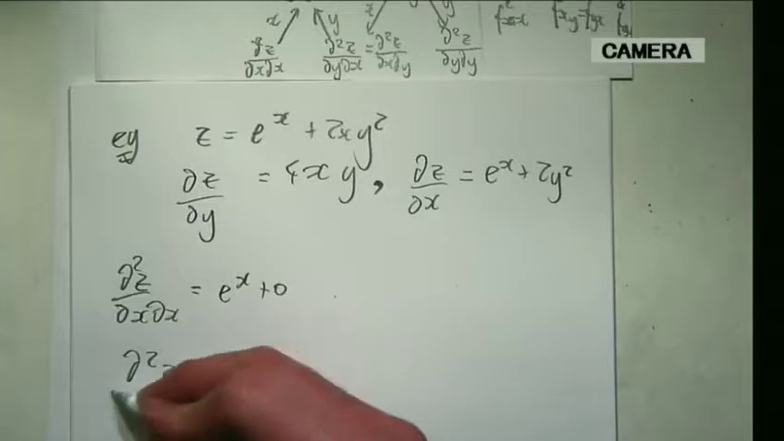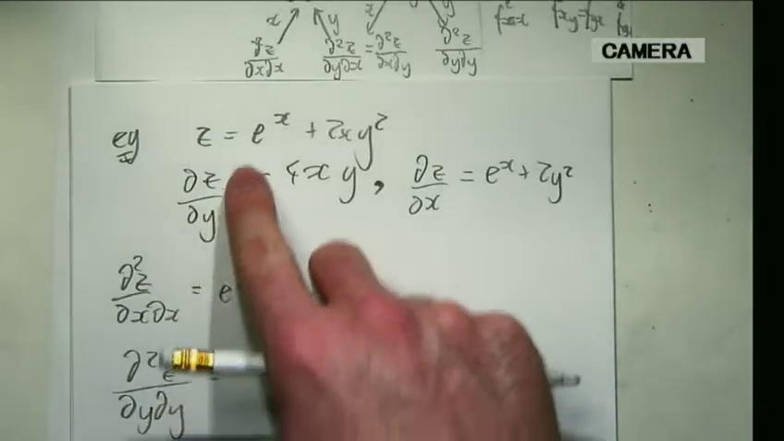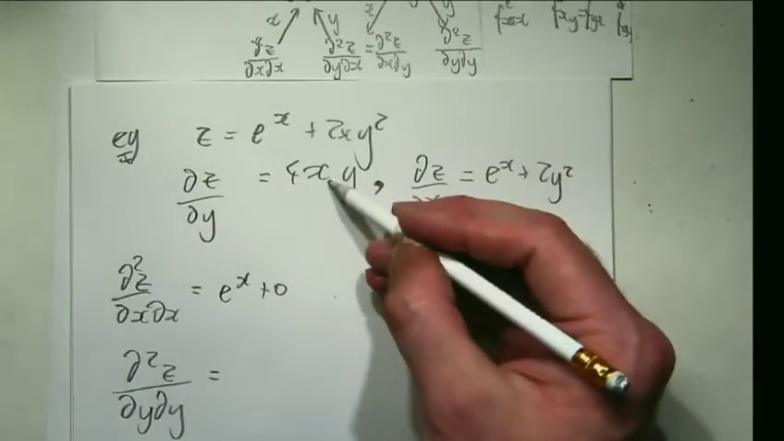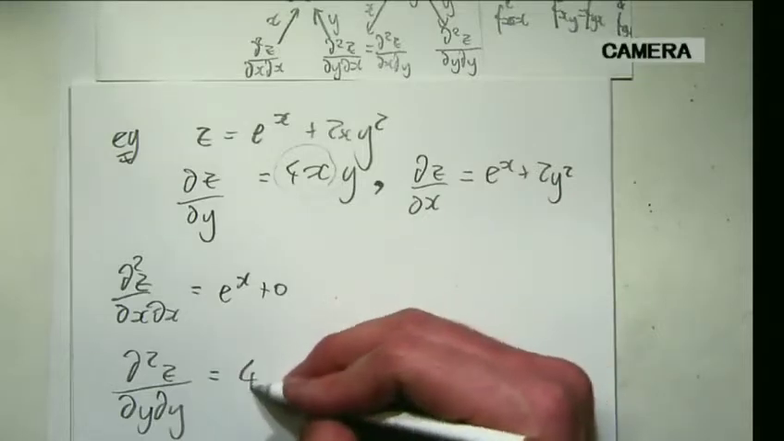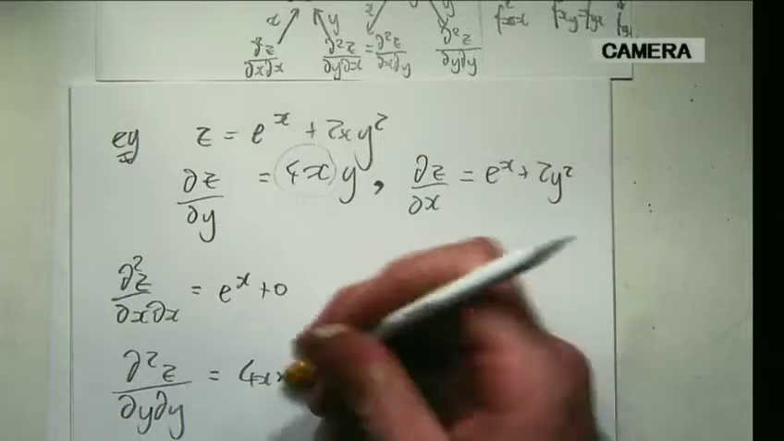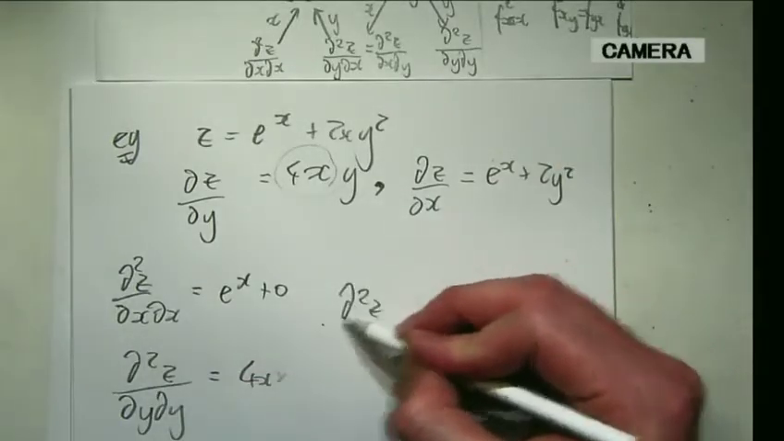D squared z on dy dy. Well, this is d on dy, and I need another dy, which means I'm pretending that x is a constant. So all of that is a constant. Constants multiplied on will still be there, and then the derivative of y is 1, so it's just 4x. And then d squared z on